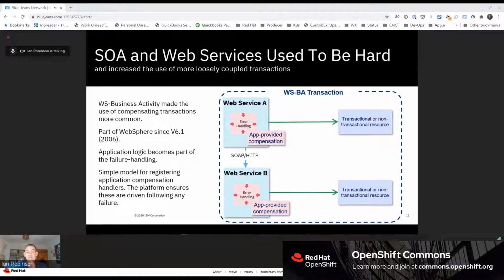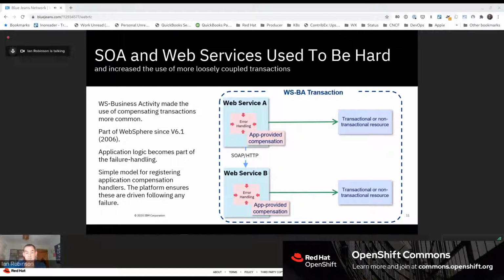This, in some respects, was a forerunner of what we're trying to build today in Java-based microservices with MicroProfile. What WSBA transactions did was made simple compensating transactions more commonly available to commodity web services.